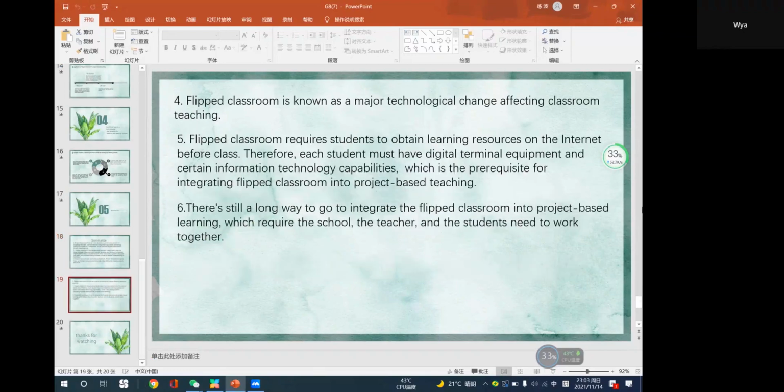Number 4, flipped classroom is known as a major technology change affecting classroom teaching. Number 5, flipped classroom requires students to obtain learning resources on the internet before class. Therefore, each student must have digital terminal equipment and certain information technology capability, which is the prerequisite for integrating flipped